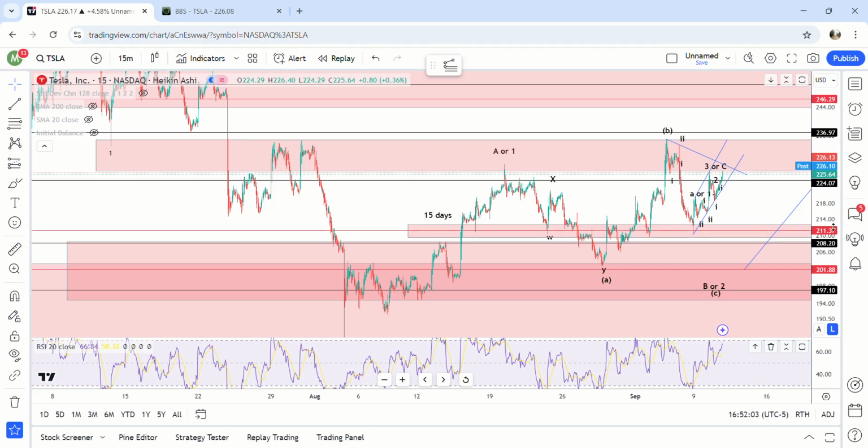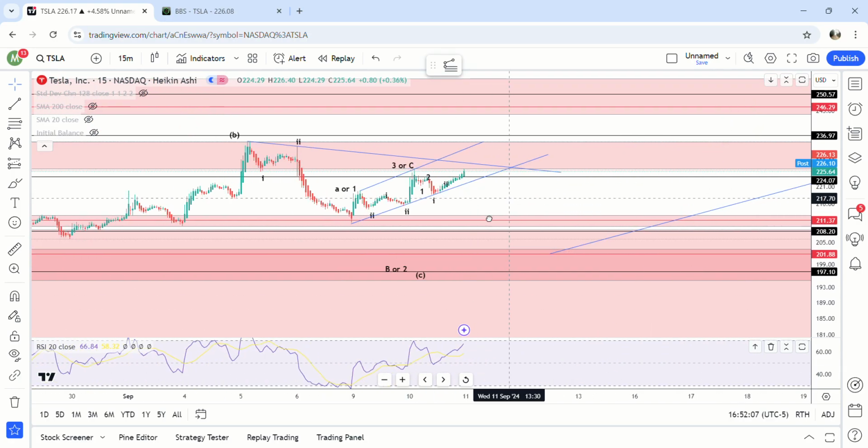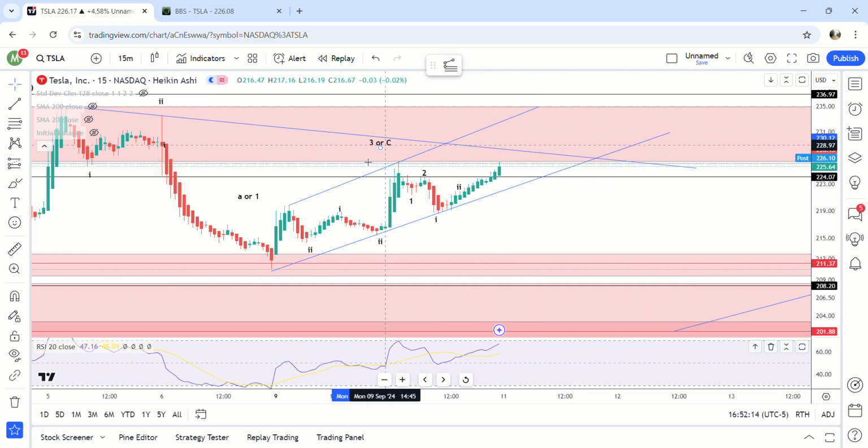In my opinion, I don't think so. I'll go over that first though. Let's just say it is an impulse. Let's say this was the bottom of the C wave and this is an impulse. The only way that this can be an impulse